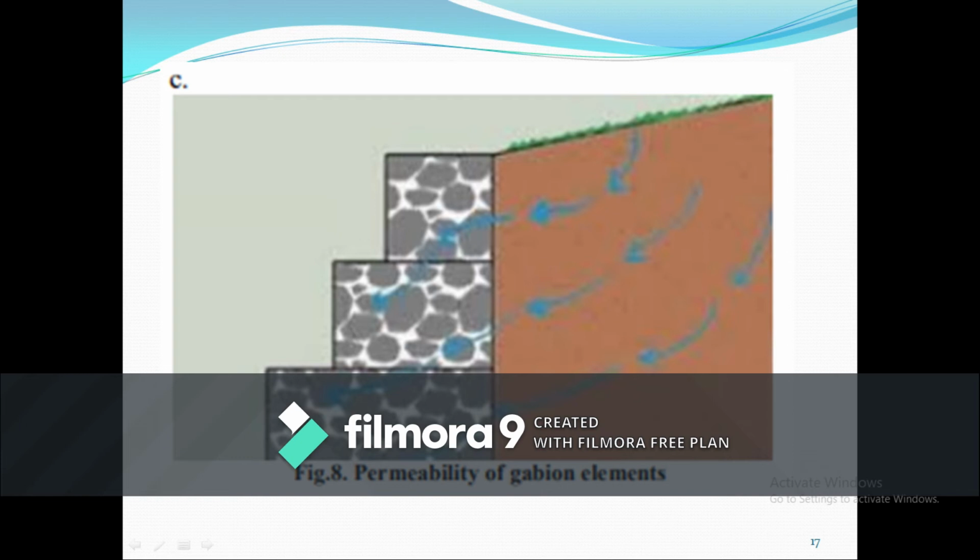The water is just passing through, and from the spaces in between, it flows down. So that is how the permeability of gabion elements works. You don't require any additional facility. With the spaces in between your rock elements itself, it will be able to pass your drainage.